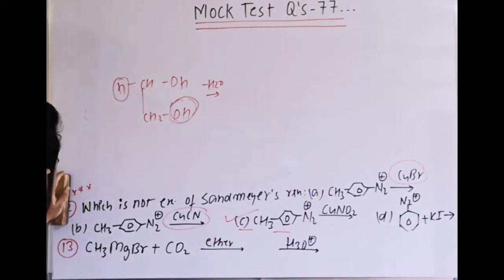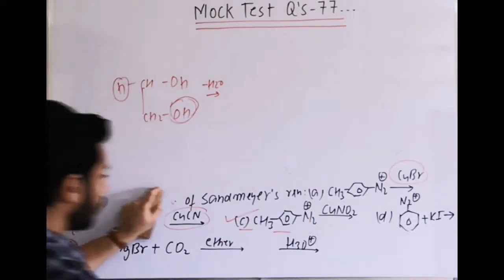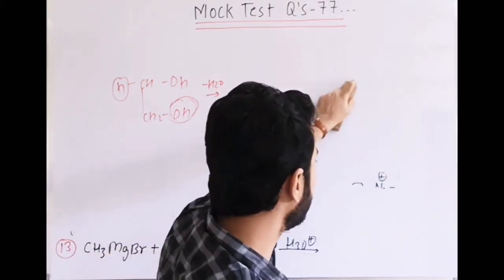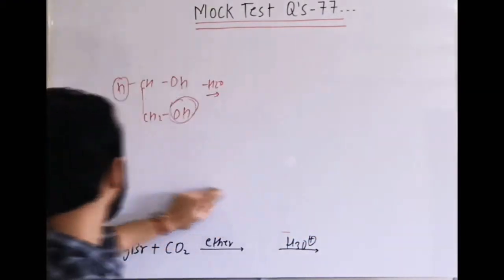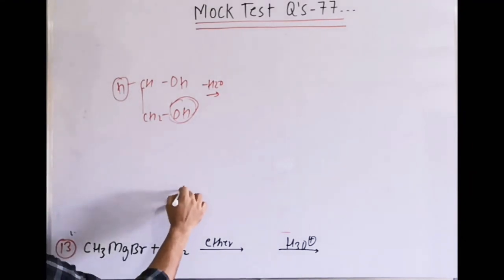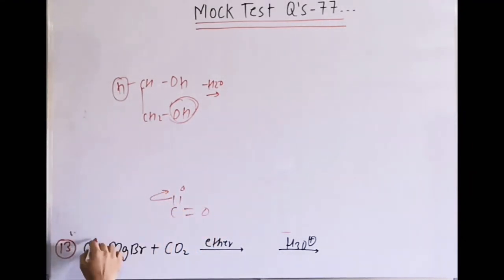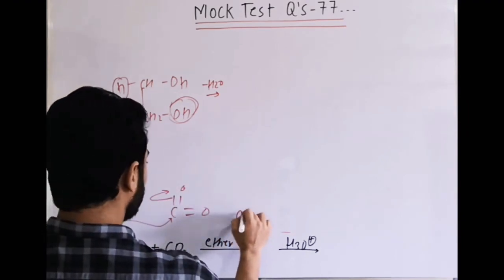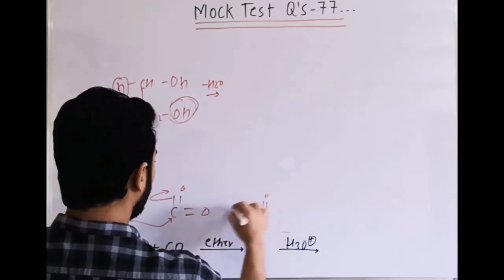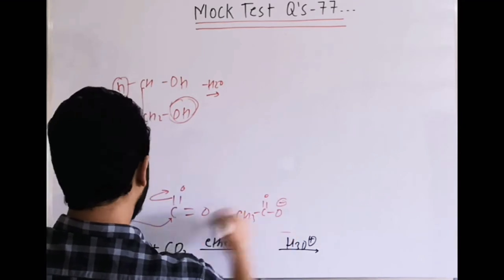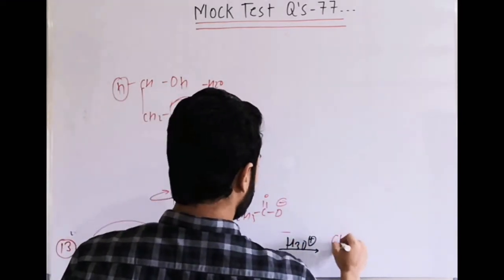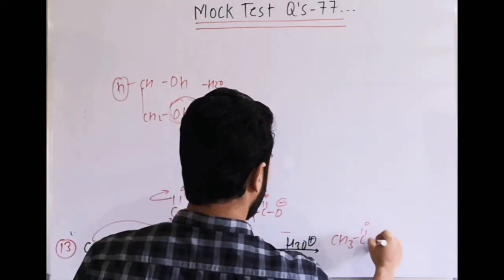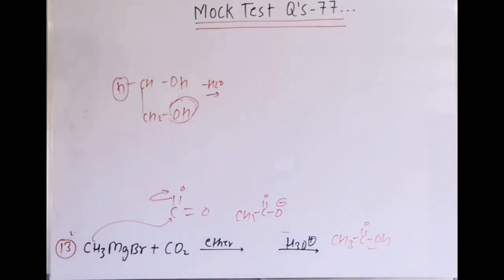Next is a reaction which is Grignard reagent with CO2. We have done this reaction in the carboxylic acid derivatives topic. ठीक है, simple reaction, C double bond O, CH3 will attack, it is a nucleophilic addition, and it forms CH3, C double bond O, O minus with MgBr. After hydrolysis we get carboxylic acid. ठीक है.